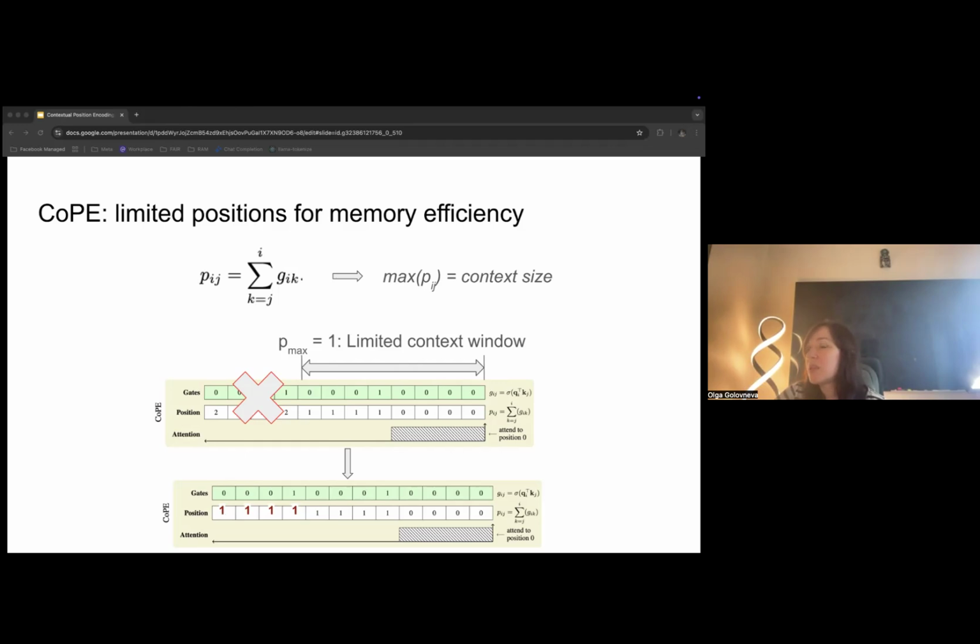However, if the gates are sparsely activated, like if we count something big like sentences or paragraphs, we can cover the whole context with much fewer positions. So we don't need the whole context size, and we can limit our position according to some top value Pmax. Like in this example in the picture, I set Pmax to 1 just for illustration purposes.